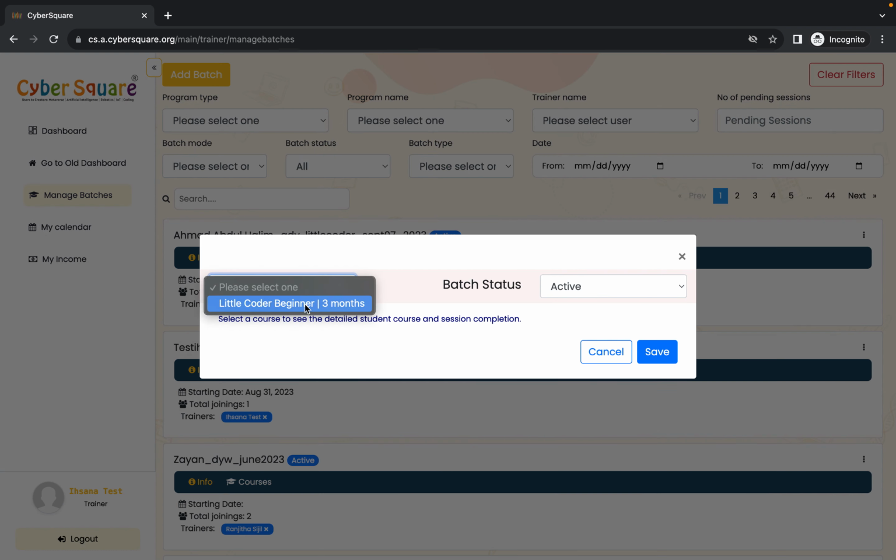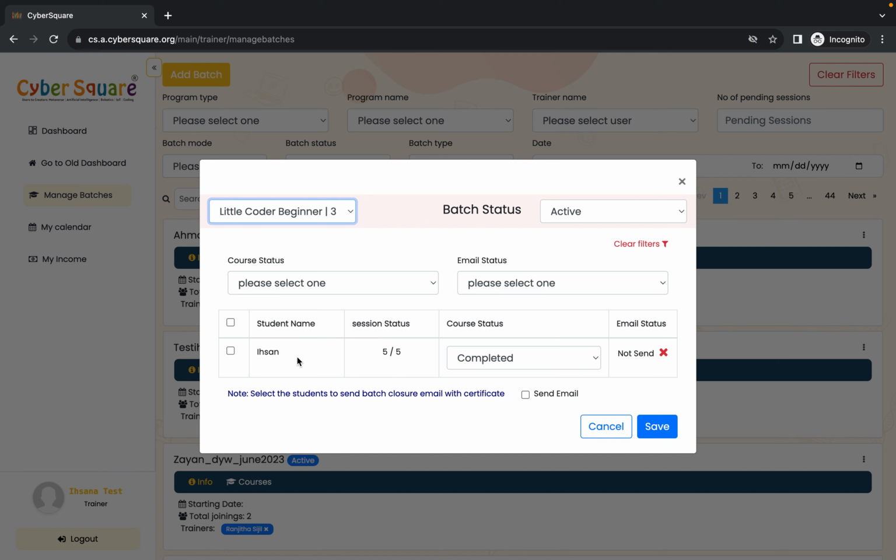So here I have to choose the course. If this batch has multiple courses, all the courses will be loaded here, and since this batch has only one course, I'm choosing this course. And here you can see the batch status is currently active. Okay, so here you have only one student, so the student is listed here, and out of 5 sessions, 5 are completed,